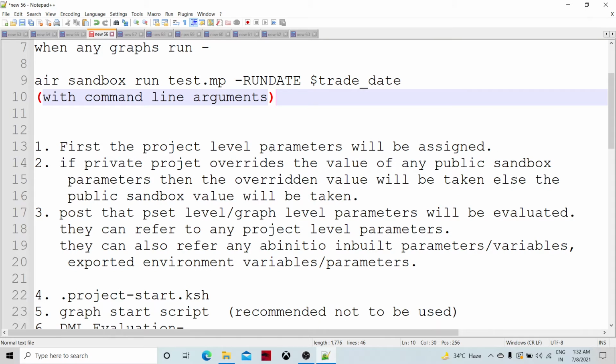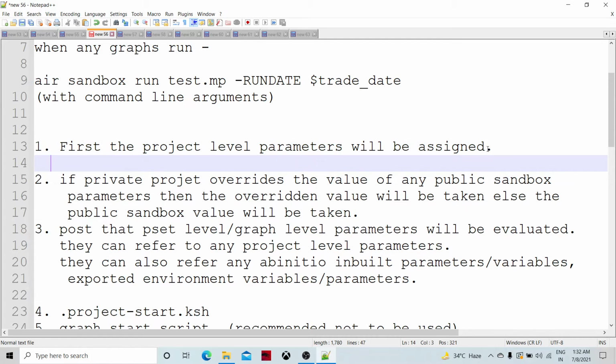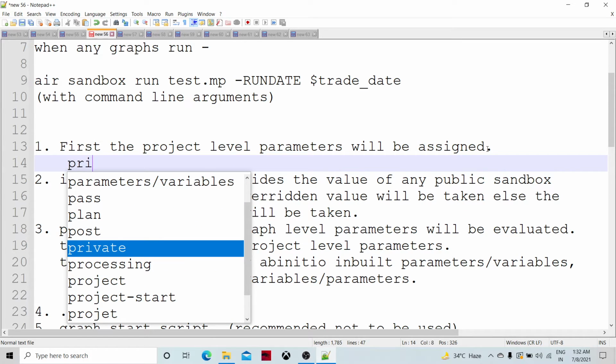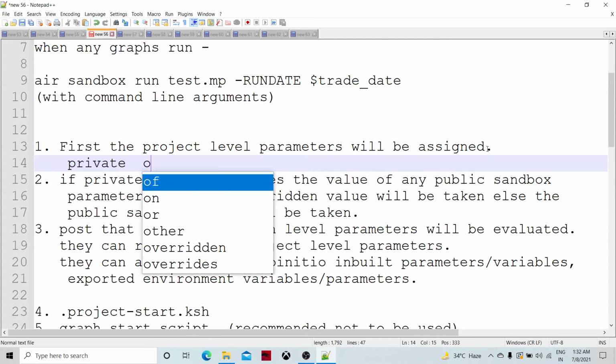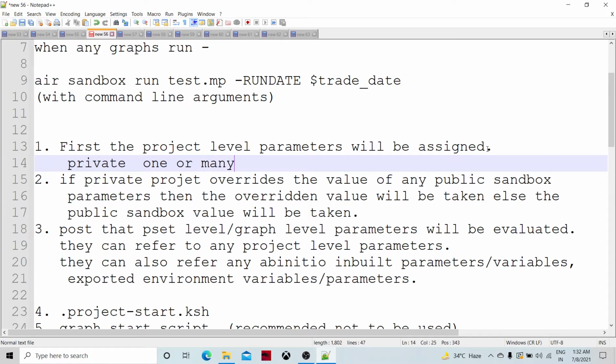Now let's talk about what happens after running. First, the project level parameters will be assigned. There is a private project and a public project, private or public, one or many private and public sandboxes.